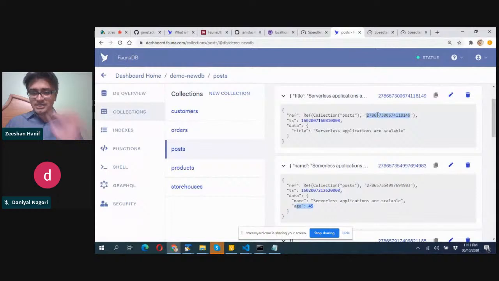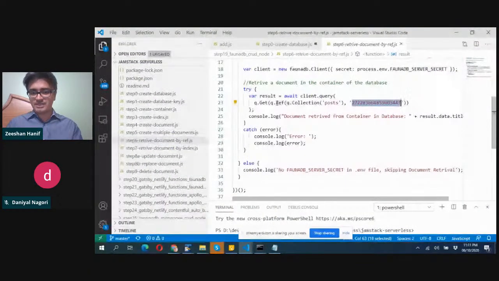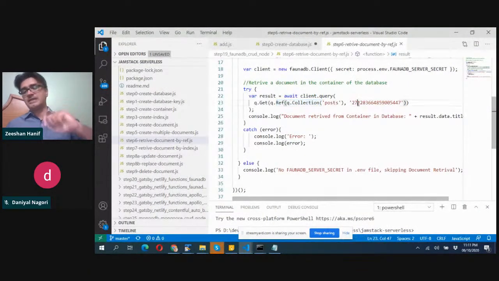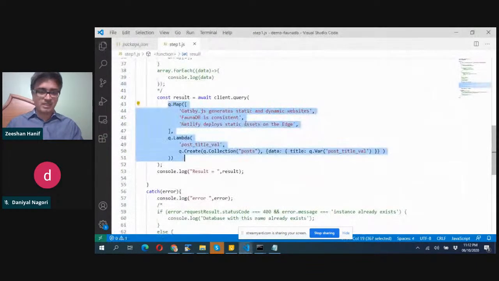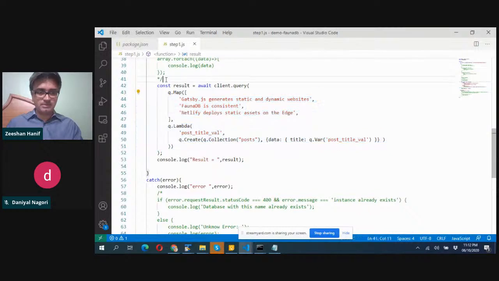So we can access this particular document using that timestamp directly. So we'll pass that reference, so we can access, just like in MySQL or NoSQL databases, where we can call data from the ID. We can call using the ID. So that's how you can call your data using this function. So what I'll do is I'll comment out